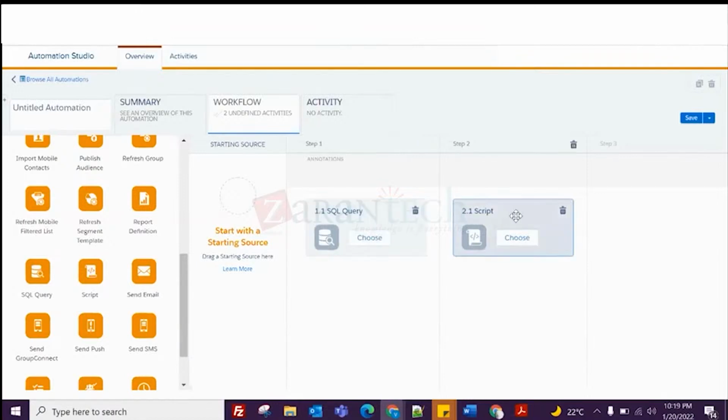For the deletion part, we can use the script. What is the drawback of the script? When you run the script at a time, it will take only 2.5K records, not more than that. So due to that drawback, what we will do,